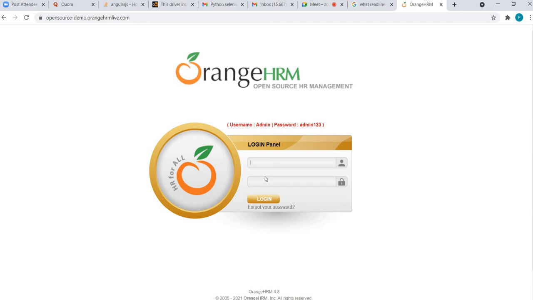Ultimately, you want to resume your test execution when the button becomes clickable, meaning enabled. But as soon as you enter the values here, it will go to that wait statement, the explicit wait.